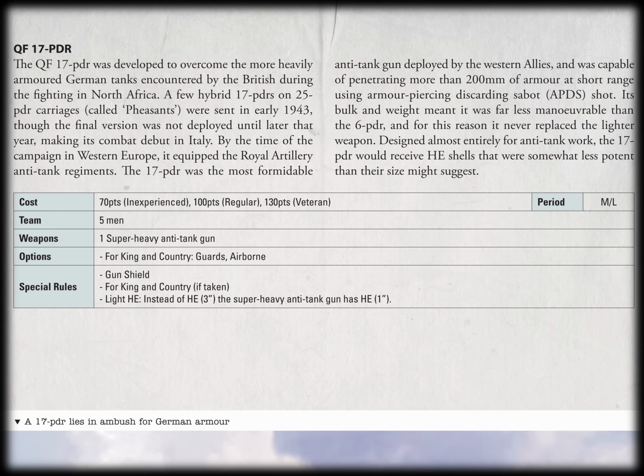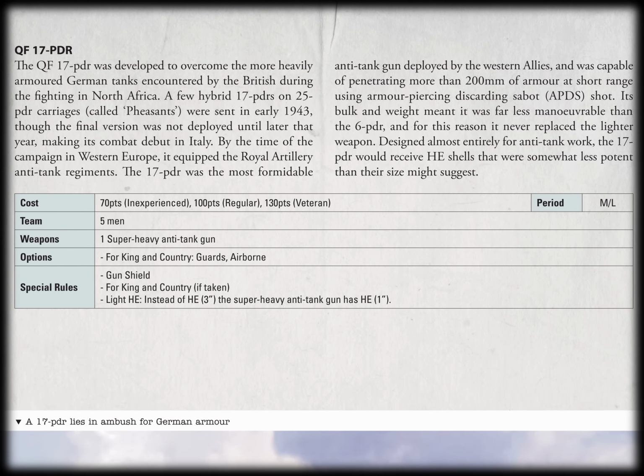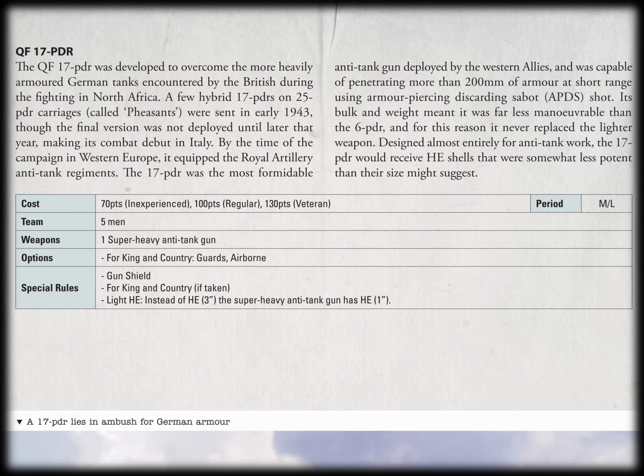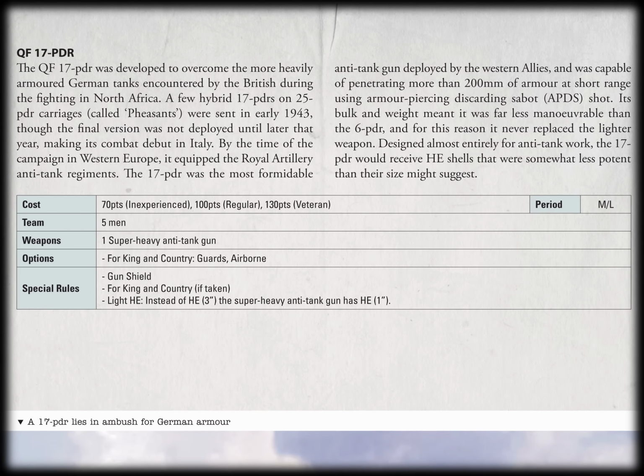The bit that's worth looking at is it's a super heavy anti-tank gun. It has 5-man crews. It's going to be pretty difficult to knock out. It's only 100 points regular. And the reason why it's quite cheap compared to other super heavy anti-tank guns is that rather than having a 3-inch HE template, which is what you'd normally get with your super heavy, it's only got a 1-inch. Now you might be thinking, oh, I kind of want the 3-inch, but actually 100 points for a super heavy